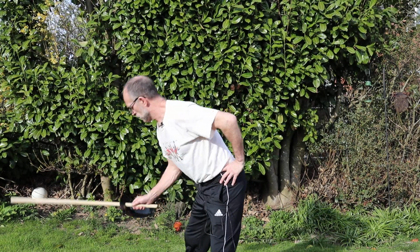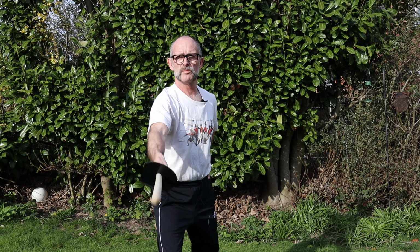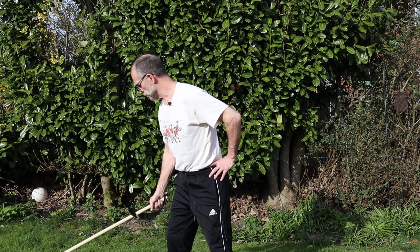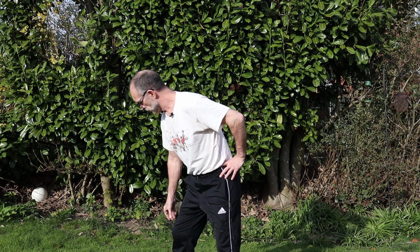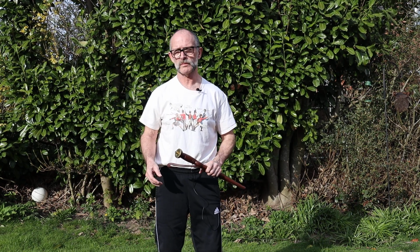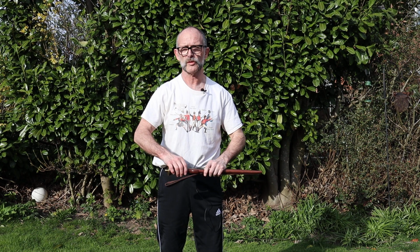We also train with single sticks, which is essentially replicating that of the sabre and the broadsword. We can do all of the moves we would normally practice, like so. It's much lighter. You can spar with each other, although we do spar with metal swords as well. But getting on to the knives, keeping it traditional, let's have a look at, related to the Scottish broadsword, the